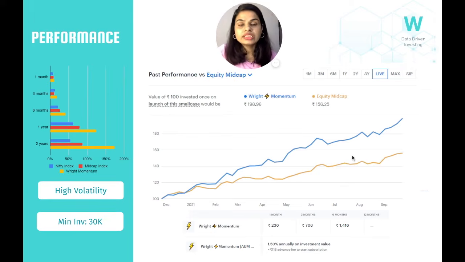And who would be investing in the momentum portfolio? Is this momentum portfolio suitable for you? So momentum portfolio is suitable for somebody who is looking at a rapid appreciation in capital, but they are willing to take risk for that, right? So you expect your money to grow at a rapid pace when the markets are strong, but you should also be wary that when there is a correction in the market, this will also give you corrections, right? This will also give you volatility. So if you're willing to take that risk for the high return, and if you believe that the markets are going to be strong, you should invest into a momentum portfolio.